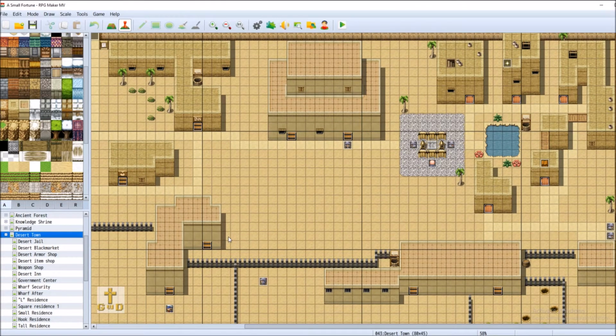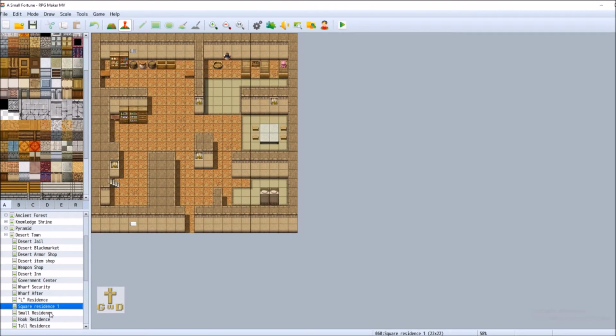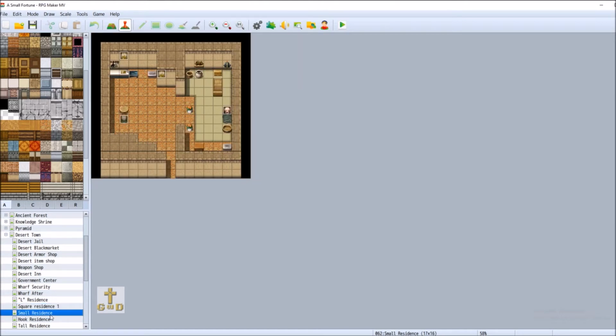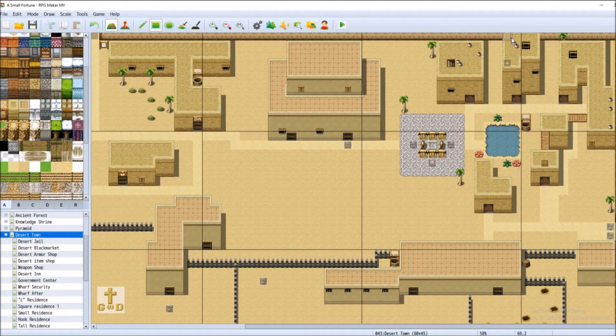Other than that, I have these residents over here that need to be fleshed out. If you're able to go in there, they need to be buildings that you can walk around in. I have one made so far. I have a couple others that I'm working on, but I'm not really happy with. I think what I want to do for these residential buildings is make the people you talk to clear that they're not happy